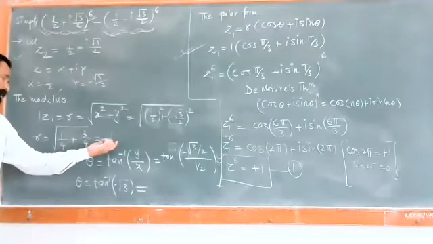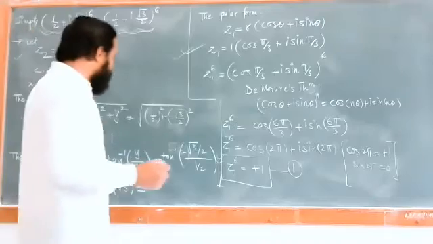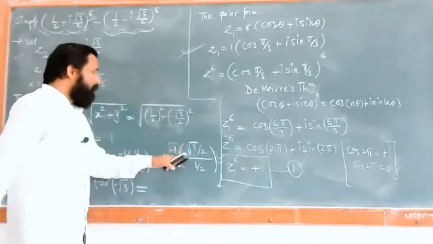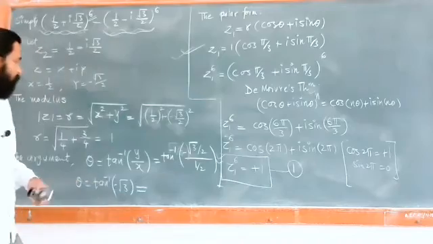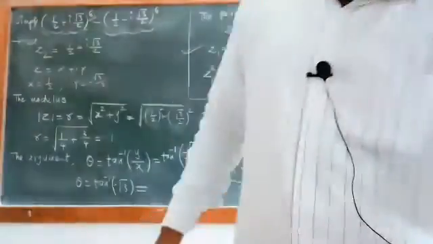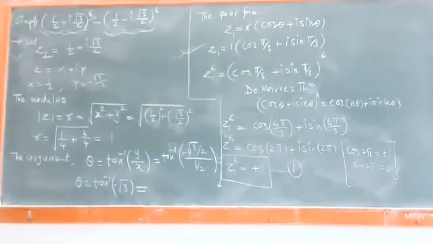So the modulus r is equal to 1 and the argument theta is equal to tan inverse y by x. So tan inverse of minus root 3 by 2 upon 1 half. So this is nothing but tan inverse of minus root 3. So tan inverse of minus root 3 ची व्हॅल्यू चेक करा आणि त्याच्यावरून तुम्हाला तुमचे जे काही आन्सर्स आहेत ते आन्सर्स मिळतील.